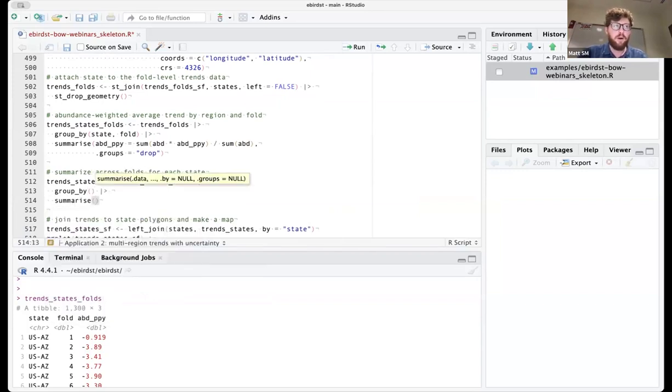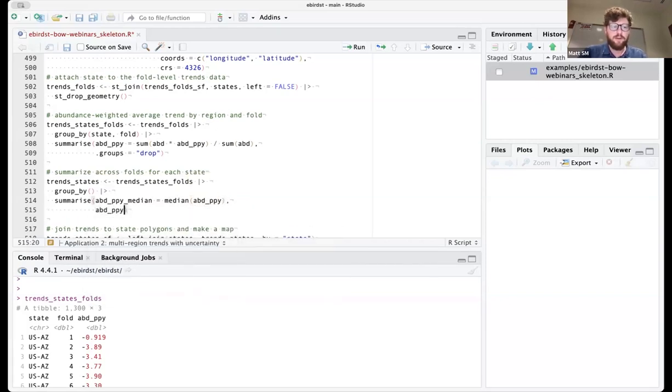And then I'm going to summarize, and I'll calculate the median value. I'll also calculate abundance, percent per year abundance, the lower confidence limit. And for that, I'm going to use the quantile function to calculate the 10th percentile.